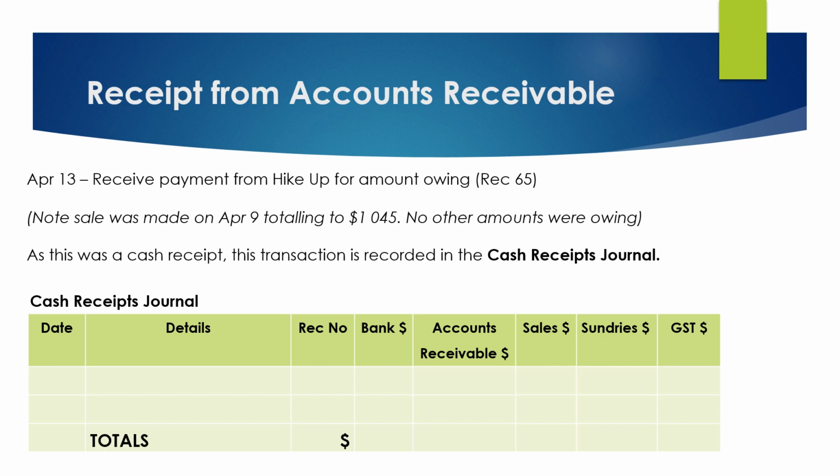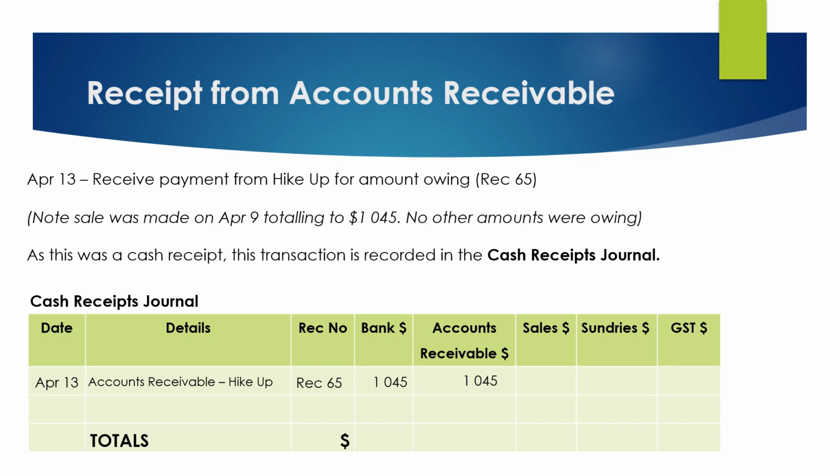We start with the date, followed by the details of the transaction, basically outlining who we're receiving this money from. In this case, it is HiCup. We record the receipt number, and in the bank column, we record the total amount received from HiCup. Then we write this same amount of $1,045 in the accounts receivable column,